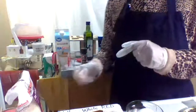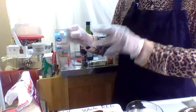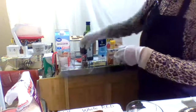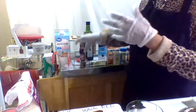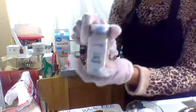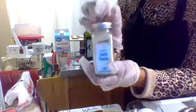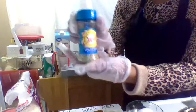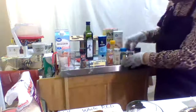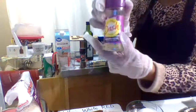Okay, first of all, I just want to show you all the spices and ingredients that I'm using. I already have them here in a bowl, but we can always add more. So first of all, one of the ingredients is peppercorn medley for that pepper taste, and then our smoked paprika, organic, and then we're going to have garlic powder, this is organic as well, then we're going to use Mrs. Dash garlic and herb, and then we're going to use Mrs. Dash onion and herb,